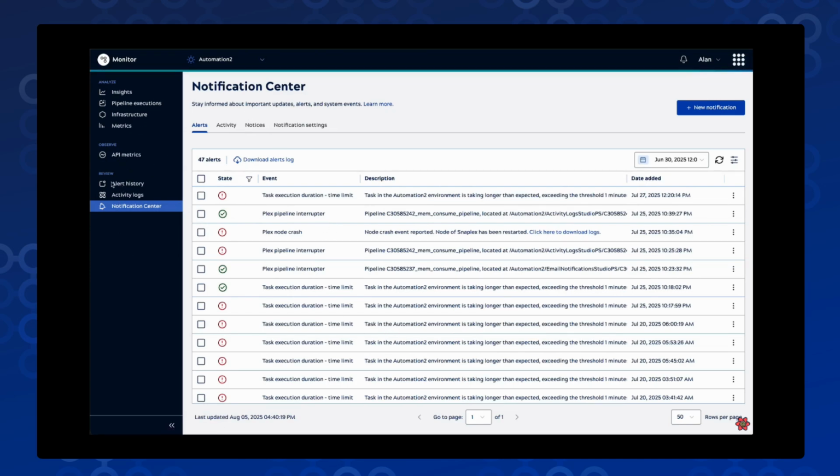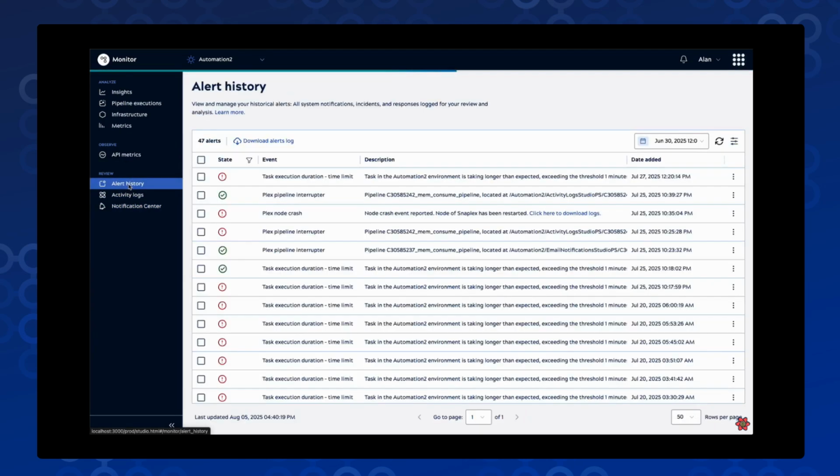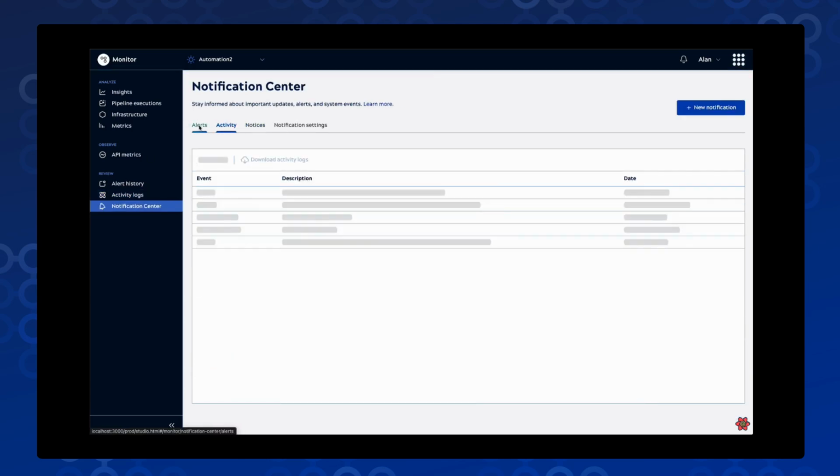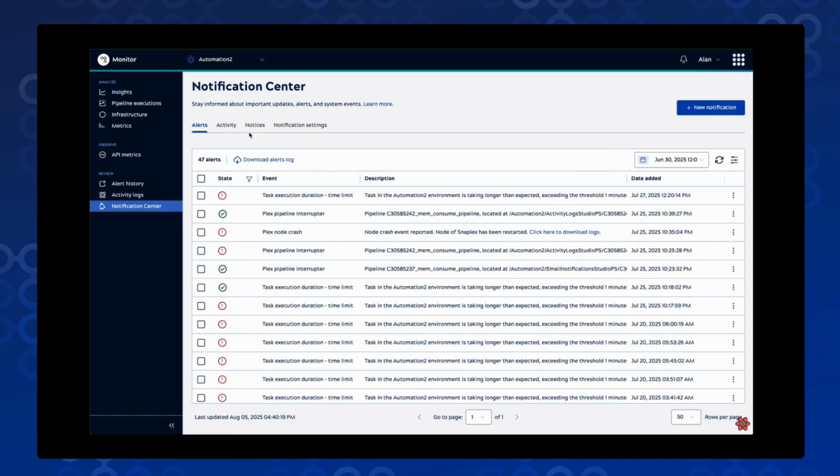So we also wanted to keep alert history and activity logs out of the notification center separately as well, just to ease the transition for the users that are already used to these two pages here. And then when they navigate to the notification center, they can also see it here. And it's going to be the same table, same data. Only thing is that we upgraded this to the new Jelly Roll table, so it's going to have the